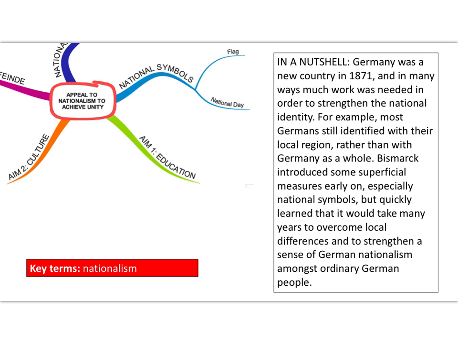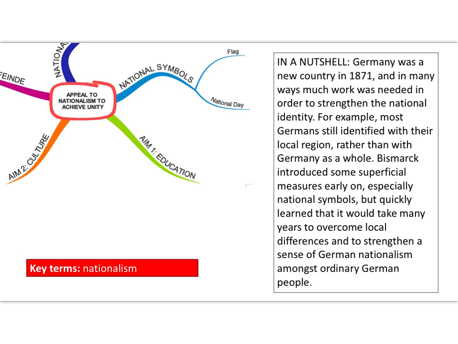Okay, so this opening section makes the point in the summary there that it was a new country, 1871. There were lots of divisions. A lot of work was needed to strengthen Germans' sense of we are now German, we are all German, part of a new German country. Most Germans still identified with their local region, whether Bavarians or Saxons or Prussians, etc. Okay, so Bismarck, the head of government, the chancellor of this new country, introduced some fairly superficial measures